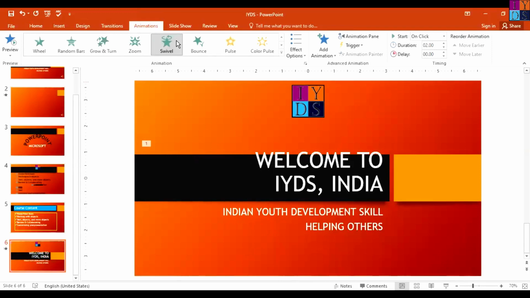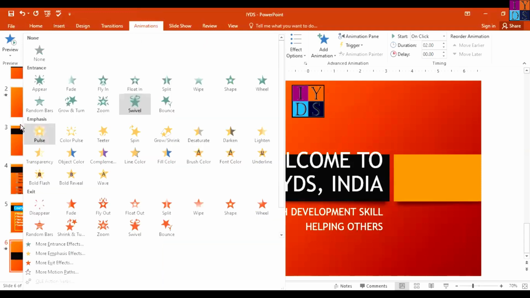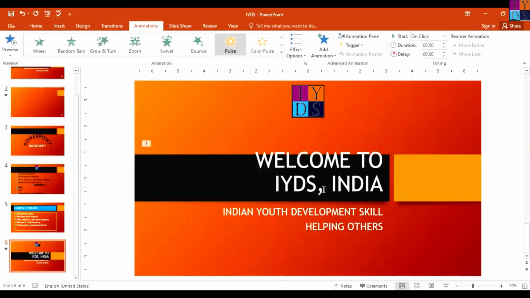And the emphasis. These animations occur while the object is on the slide, often triggered by a mouse click. For example, you can set an object to spin when you click the mouse. Just click that emphasis on this. This is the emphasis. First is entrance and this is the emphasis. When you click the mouse